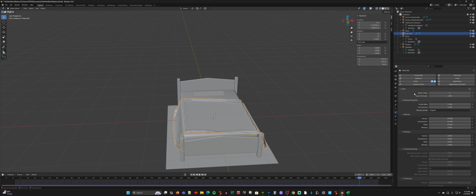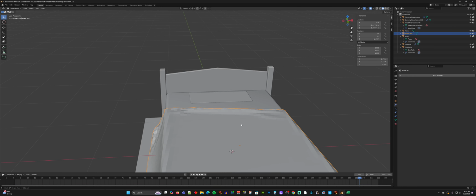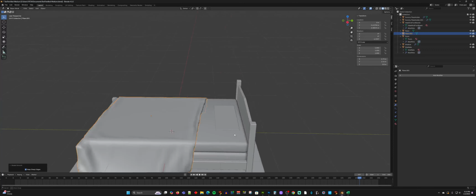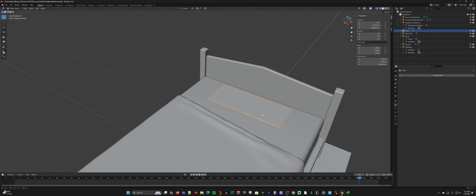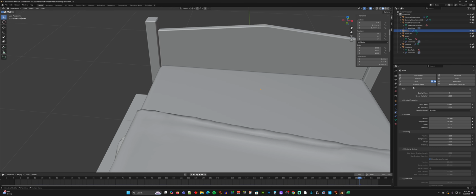Okay. And then just go apply that. Boom. And shade smooth. Okay, so that's that. Now let's do the pillow. To the pillow, we're going to add cloth. So physics, cloth, reset the timeline. That's what I saw it drop. That made me say, oh, where did it go? It's because the timeline was set. All right, and so